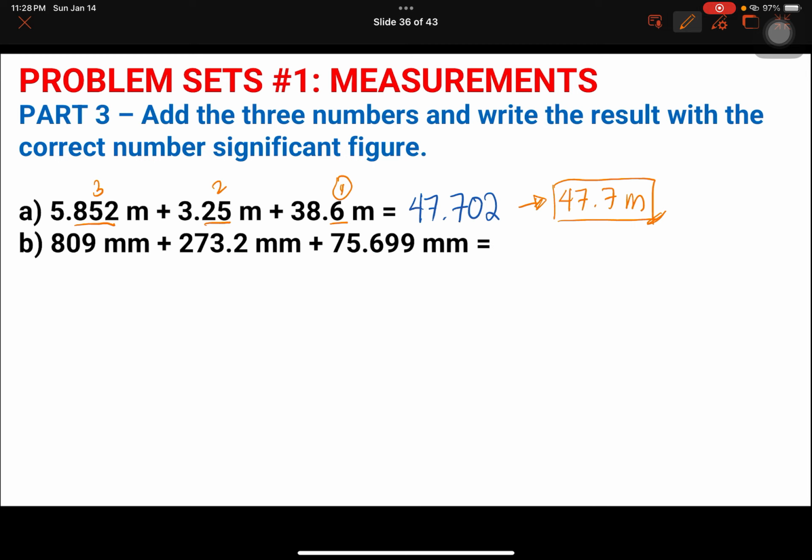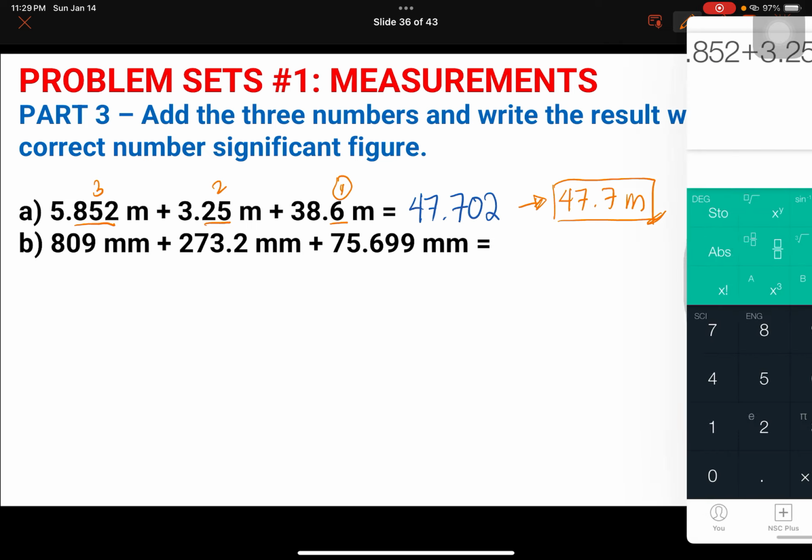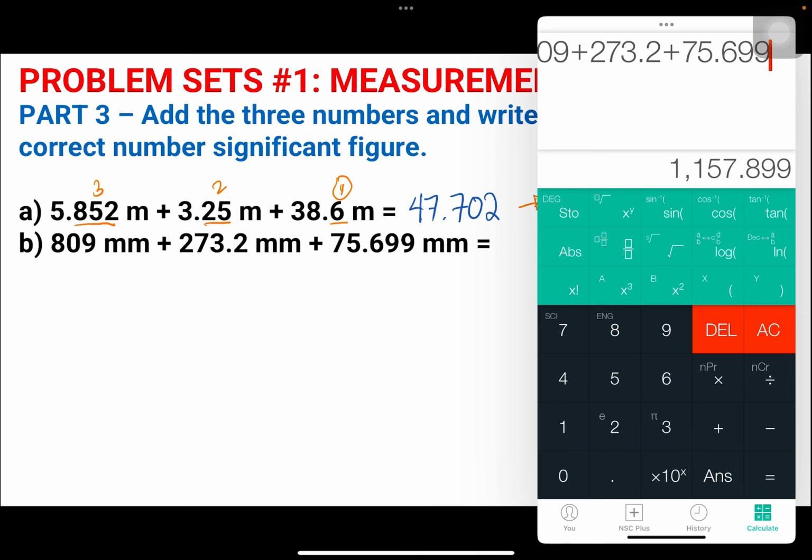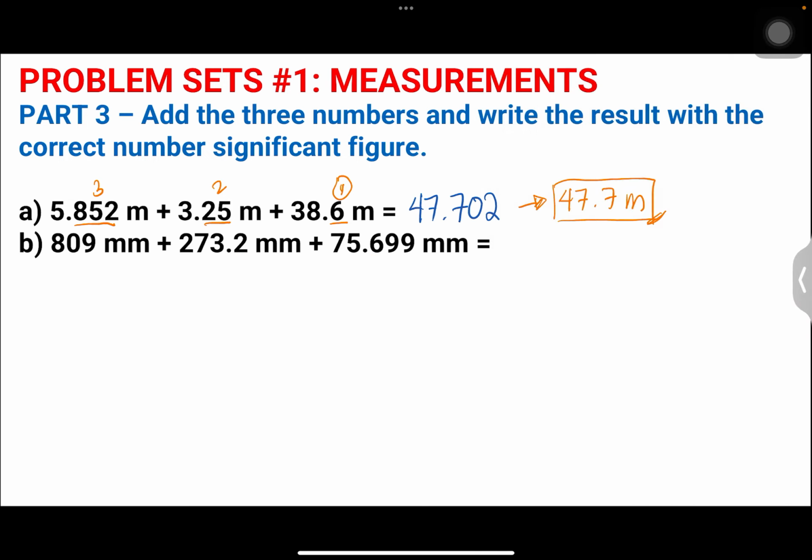Let's have this. Additional bonus. So, 809 mm. So, let's have this 809 mm plus 273.2 plus 75.699. So, as you can see, our answer here is 1,000. Wait lang. And we will have